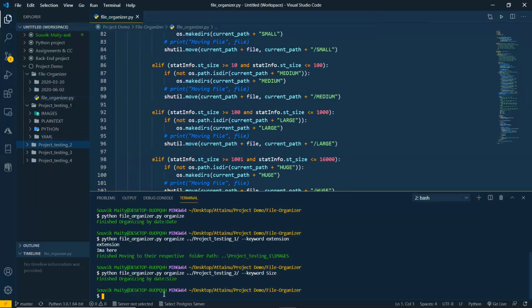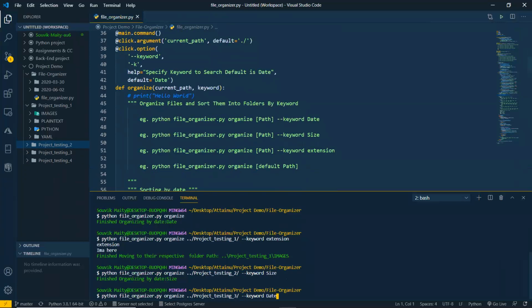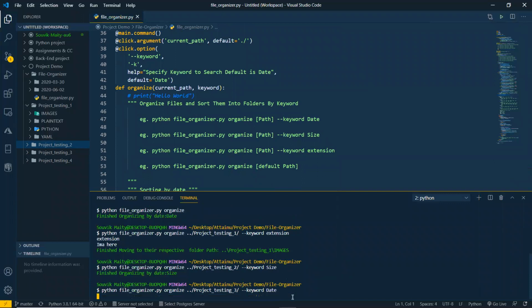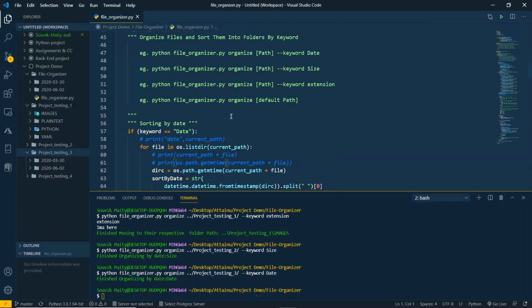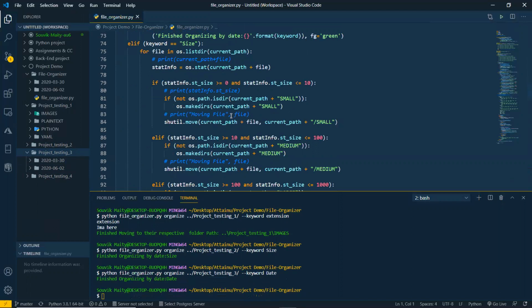Now if you want to see it with a directory, if I give project testing 3, this is according to date. In the project testing directory, it is organized according to date. That's all the features available in this Python script.